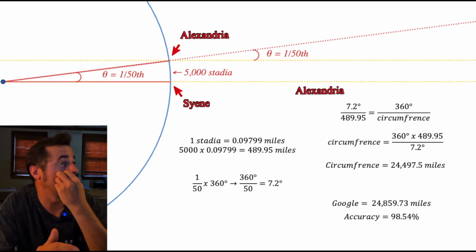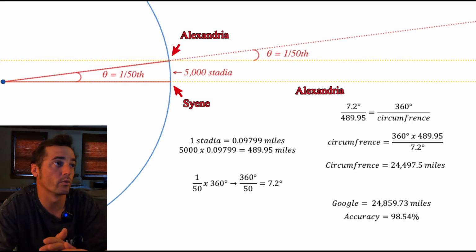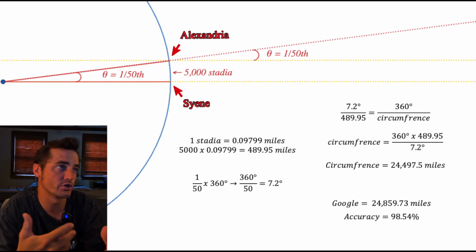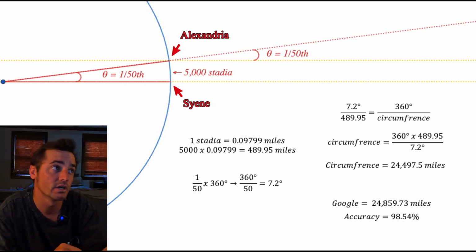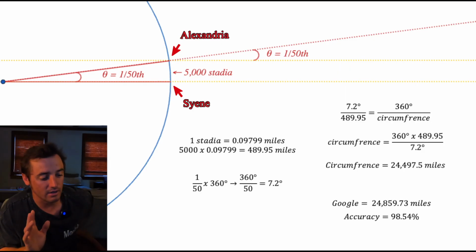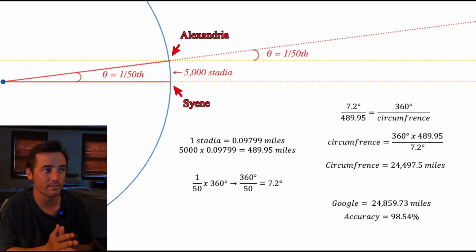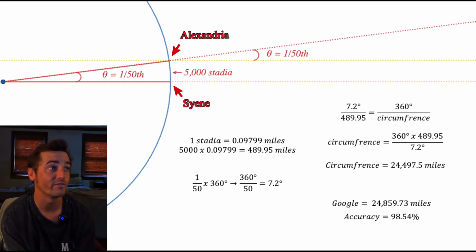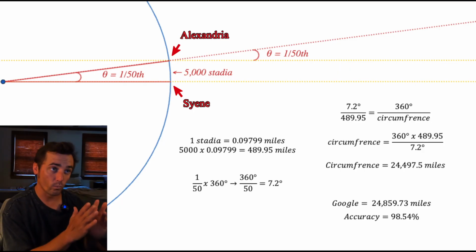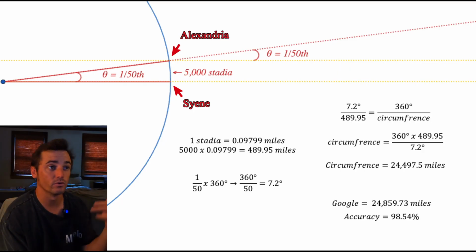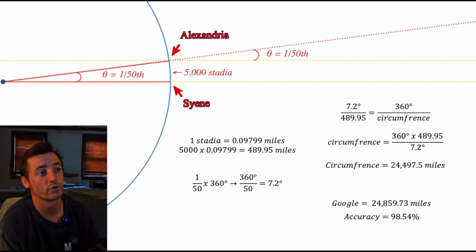Eratosthenes measured that Syene and Alexandria were about 5,000 stadia apart, which converted into miles is about 489.95 miles. He also measured that the shadow angle in Alexandria was 1/50th of a circle, which equals 7.2 degrees. So if we plug that into the proportioning equation, we get 7.2 degrees of a circle equals 489.95 miles, which equals 360 degrees of a circle over total circumference. Solve for total circumference, you have